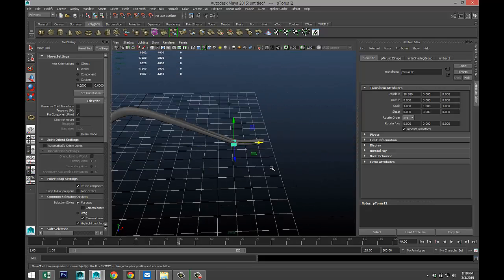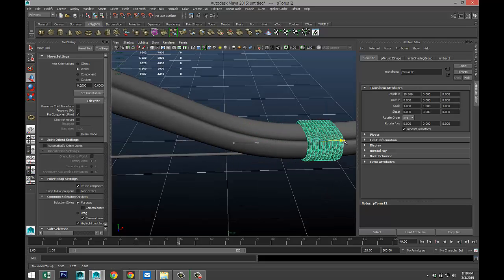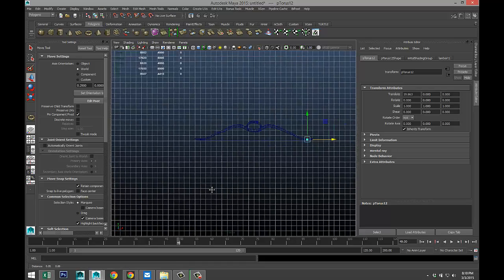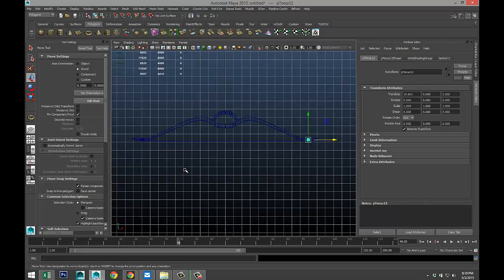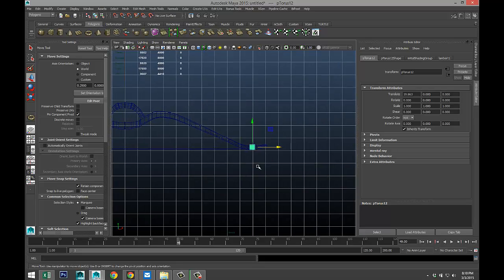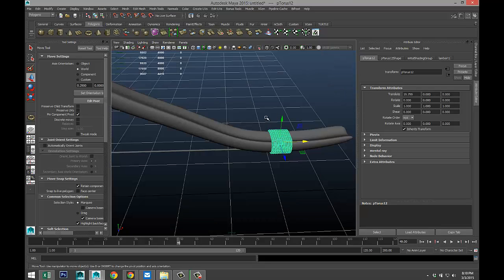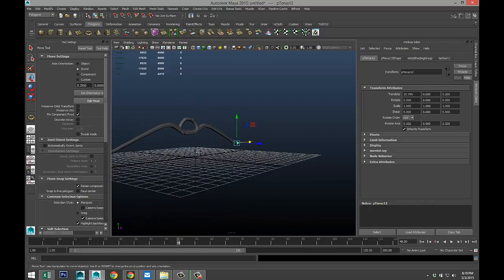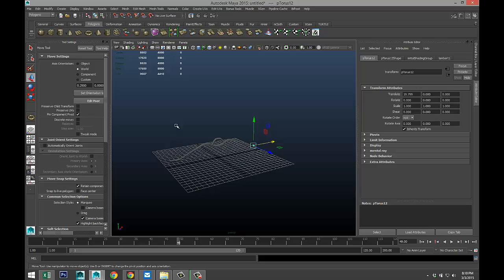F to zoom in. We should be, and we'll check that from this view. Let's see where we should be. Okay, I think we're good there. So that is our bow for now. Drag select that, mesh, combine.